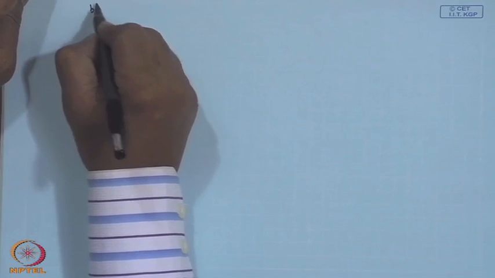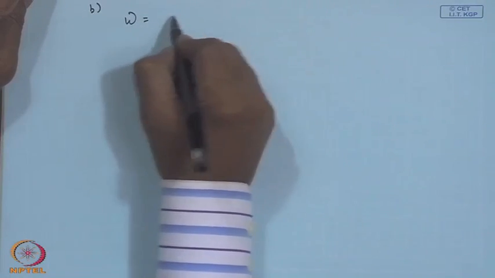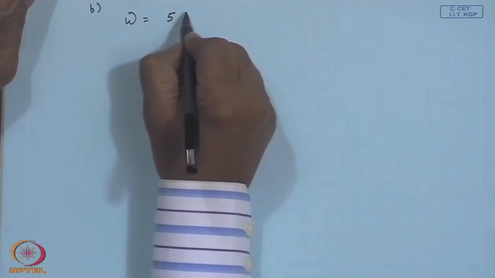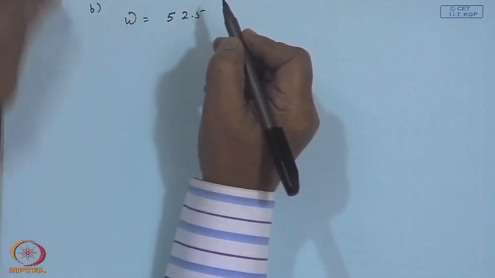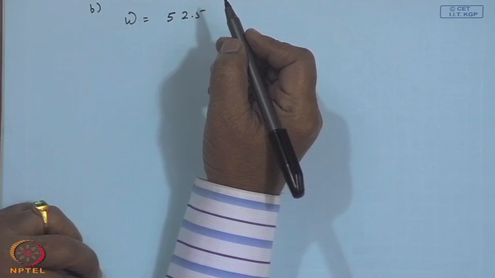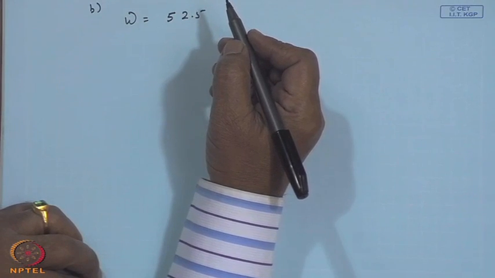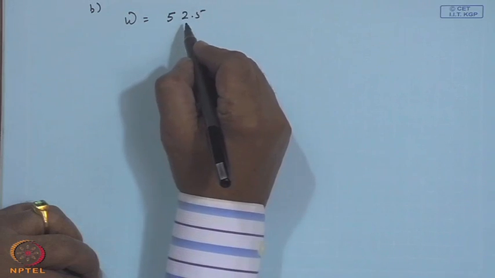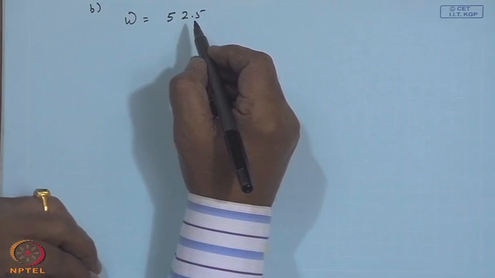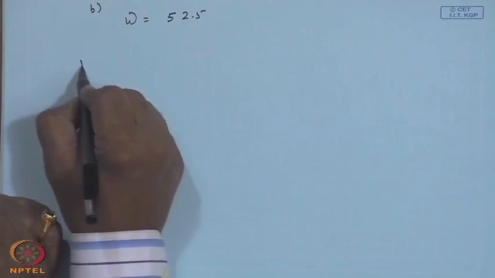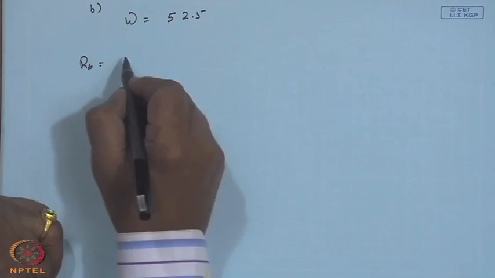So, now the next one is omega 3:30, which comes to 52.5. So, 1 o'clock is 15, 2 o'clock is 30, 3 o'clock is 45 plus 7.5 for 3:30. So, RB same step,